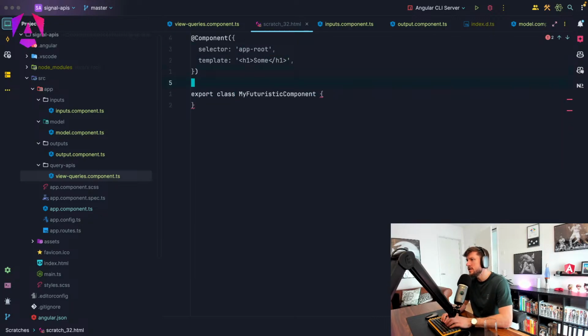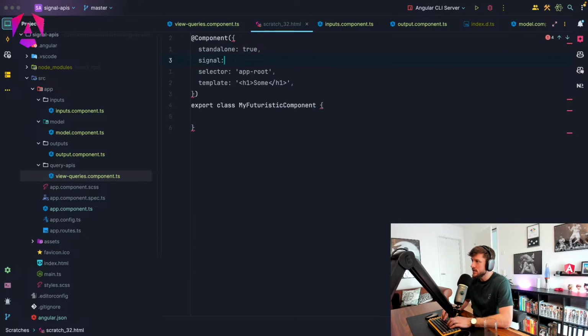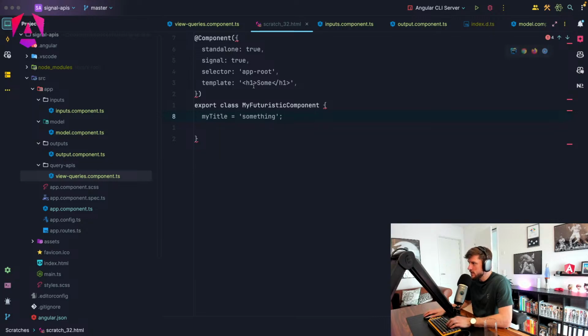So I could see something like this, that you have a component. First of all, what I would see in the near future is this, that you have here an additional flag. Like this is the standalone flag that we have. Oh my god, the formatting is completely broken because I'm in some scratch file, but whatever, you get the point, right? It doesn't have to be perfect. And then I can see this signal true. And once you do signal true, it means if you would have like a flag or whatever, so if you would have my flag equals true, or even my title, and you would do something like this,